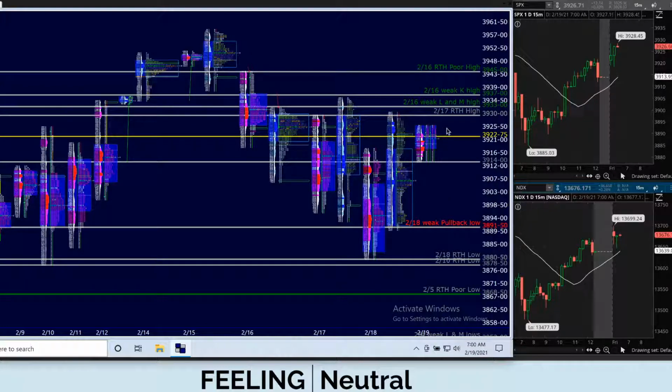But again, not to sound like a broken record here, but I don't know how far we're going to go today, because I have just found in the past when it's an options expiry Friday, the market will just bounce around in one area all day long and drive you mad. So I'm just cognizant that could be happening here too. As far as targets to the upside, obviously these weak references and this poor high are the targets.